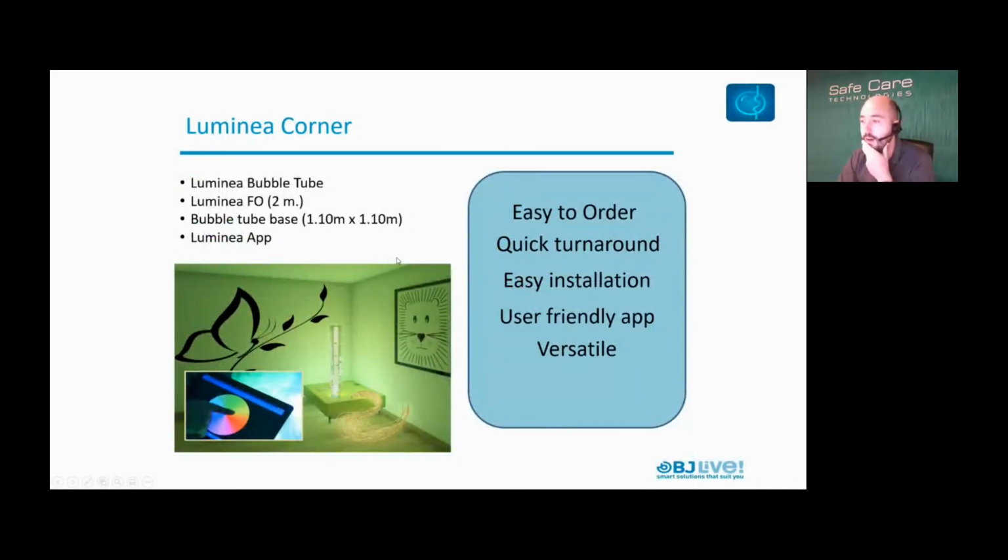Okay. And then moving on, we've got the Luminea corner. So the Luminea corner you'll see here now is basically an entry level, so you can actually start off with the Luminea corner before you move on to the SHX system. So you could have just your bubble tube and your fiber optic in the corner, and from there, we can move on to the SHX sensory room. So you can adapt it so that you have that first of all, and then you move on and have the SHX system. So we'll have the bubble tube, the fiber optics, and then down the line, we can incorporate more lighting, for example, which is your LED strip. You can also incorporate the planet and things like that. And then we can add on that computer system afterwards